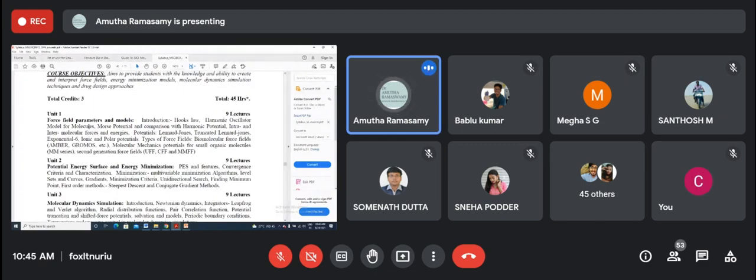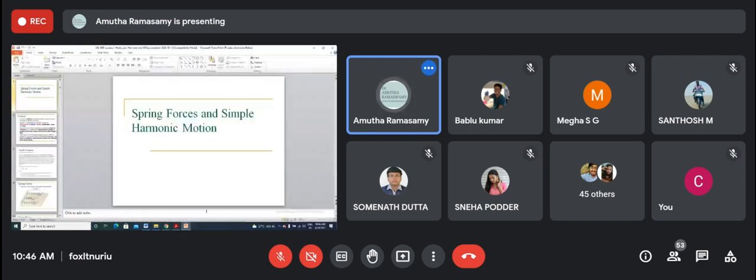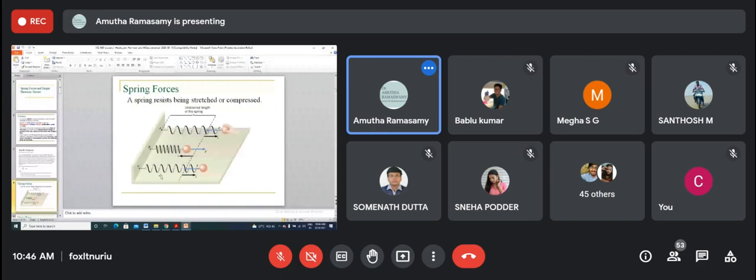So how are you concatenating the atoms? By interaction: direct interaction, shared interaction, that is covalent bond, ionic bond or hydrogen bond. There are n number of bonds that we will also study. There are directly interacting atoms and indirectly interacting atoms. How we are going to represent all these things, we are going to talk about in unit 1. As preliminary information, we begin with the system we already know.